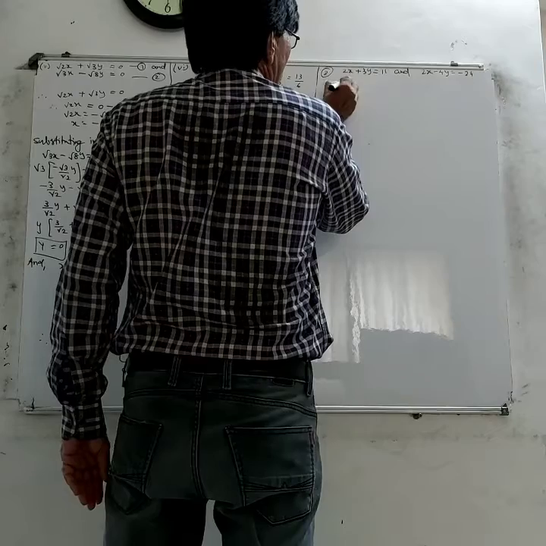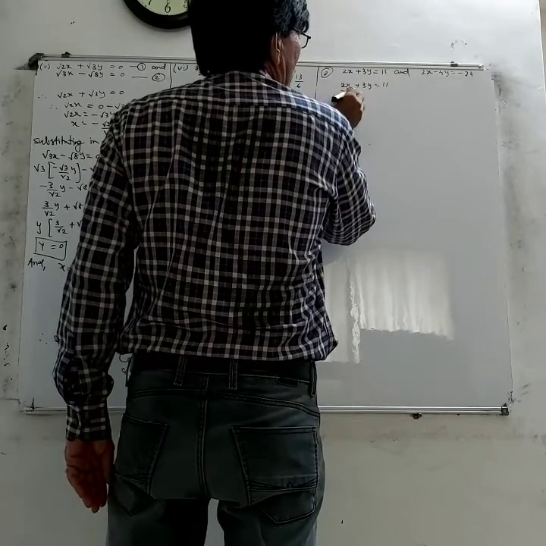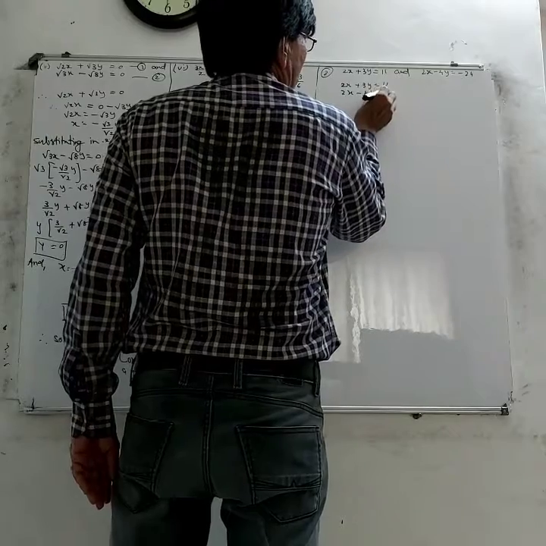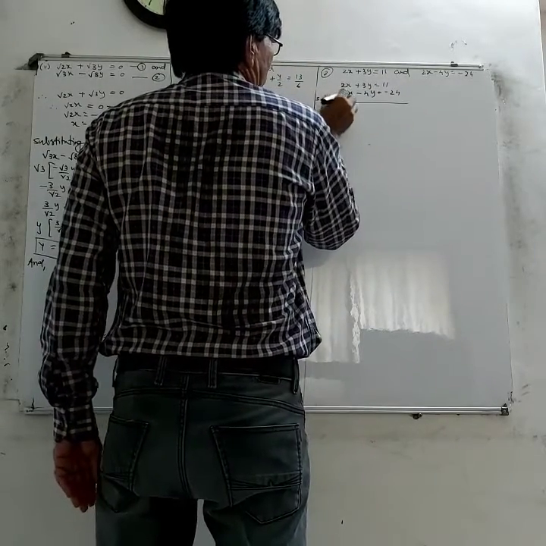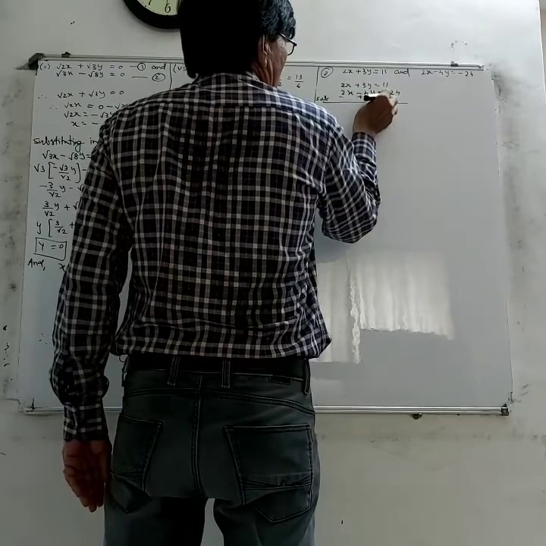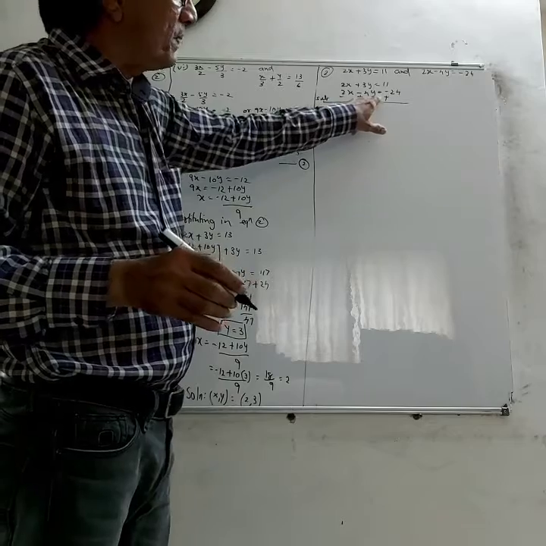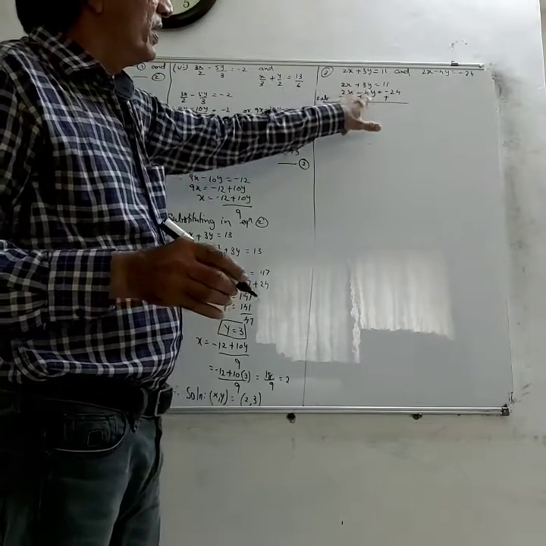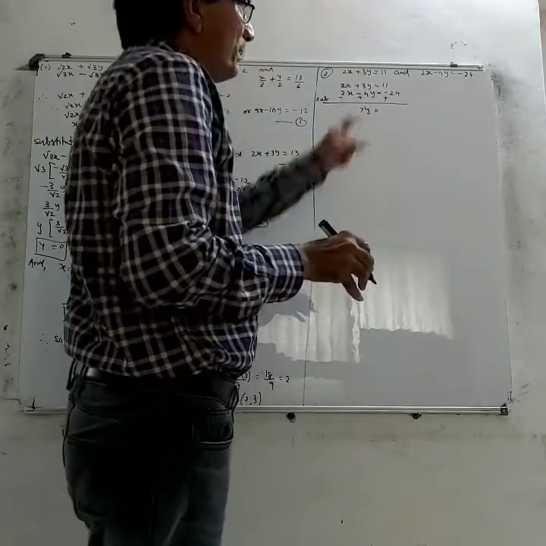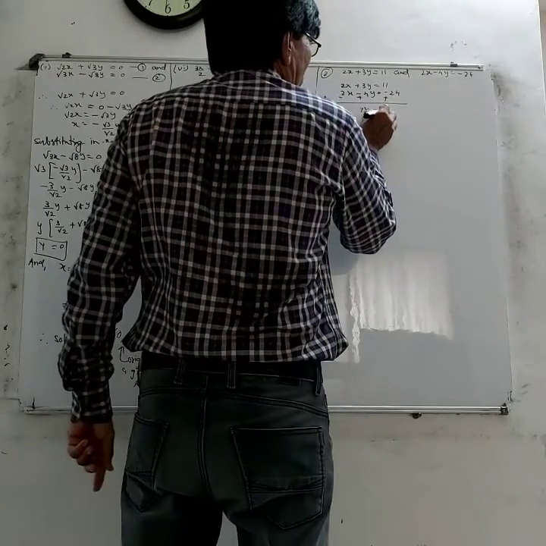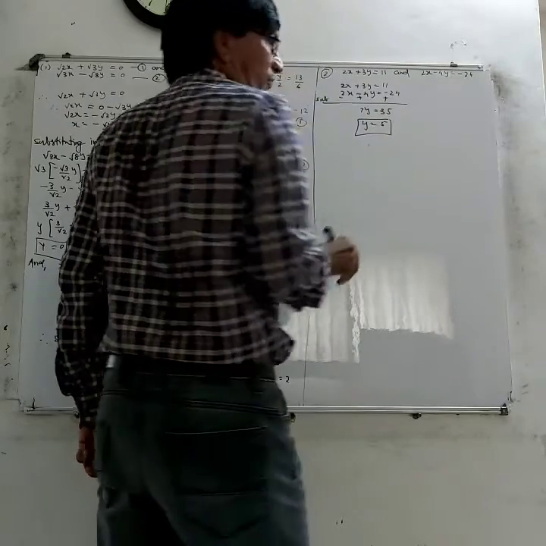2x minus 4y is minus 24. Let us subtract that. Minus plus plus. Change the sign. When you subtract minus sign, minus becomes plus, minus becomes plus. This will cancel out. 3y plus 4y is 7y. 11 plus 24 is 35. So y is equal to 7 5s are 35.